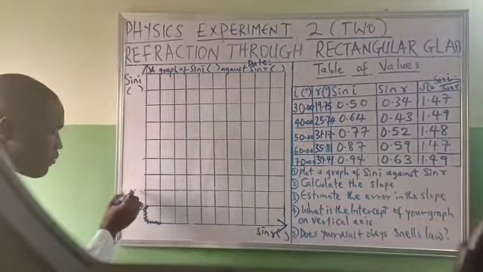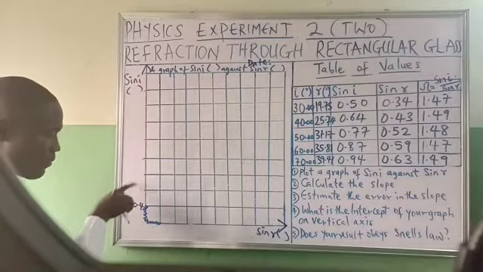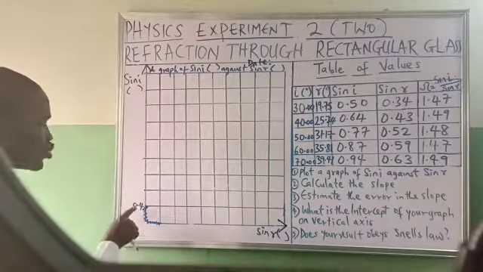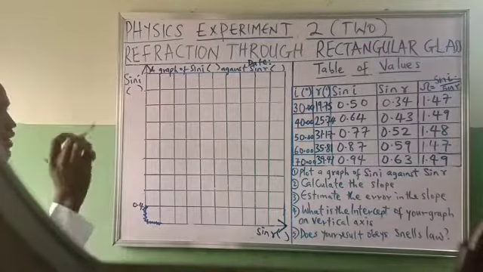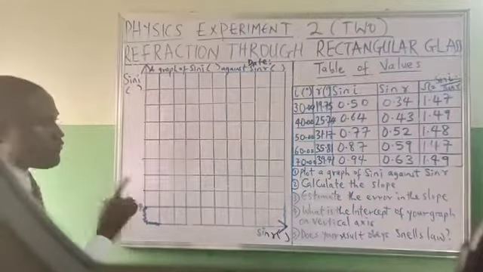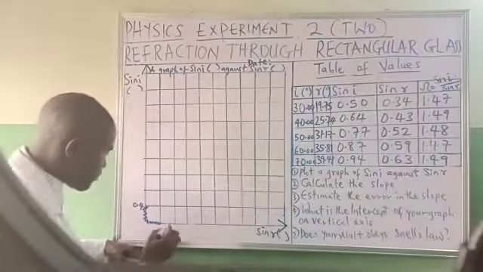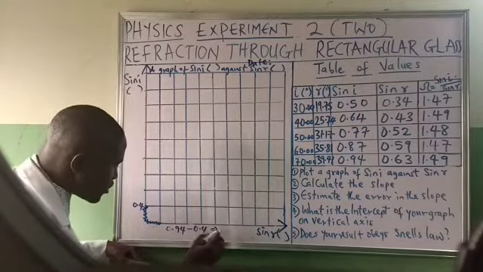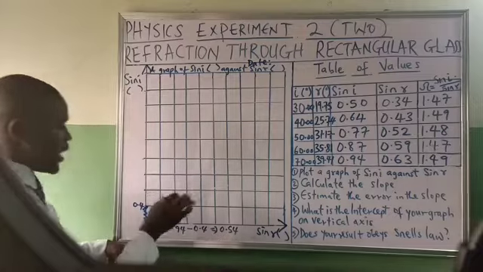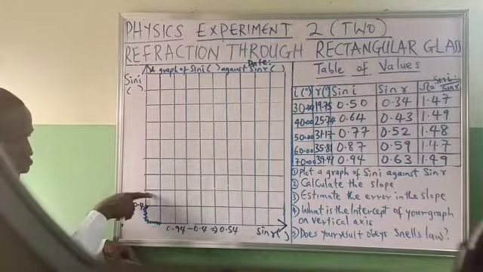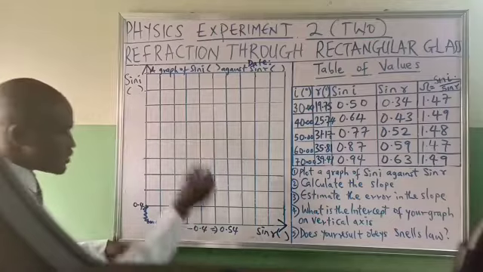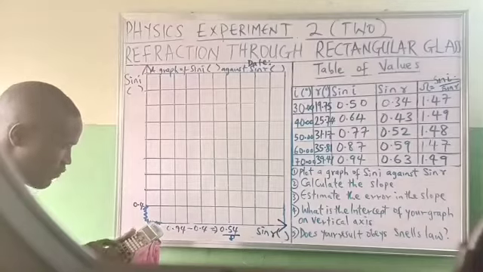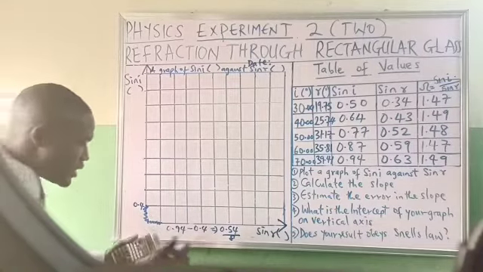Now here will be 0. Here will be a number. I want to know the number I'm to put here. To get the number, since I'm starting from 0.4, I will say 0.94 minus 0.4. That will be giving me 0.54. Then how many spaces am I to plot? 1, 2, 3, 4, 5, 6, 7, 8. Divided by 8. We press 0.54 divided by 8. That will give me